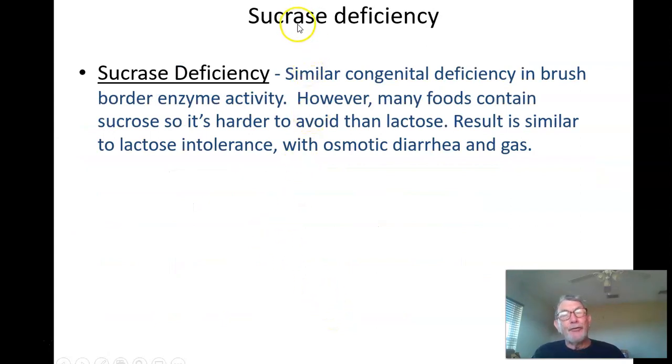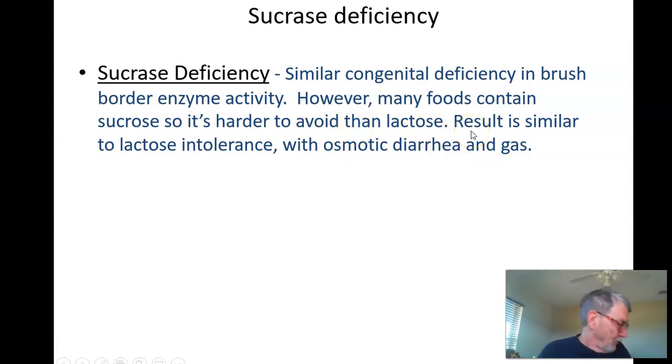You can also have a sucrase deficiency. A similar deficiency in the ability to make sucrase means that you can't digest sucrose, so you can't absorb it either. Now this is worse. Lactose intolerance, you can just avoid all dairy products and you're fine. You can also take some lactase supplements, and enjoy an ice cream cone or something sometimes. But sucrose, table sugar, is found in everything, especially all of our processed foods. And so it's hard to avoid eating